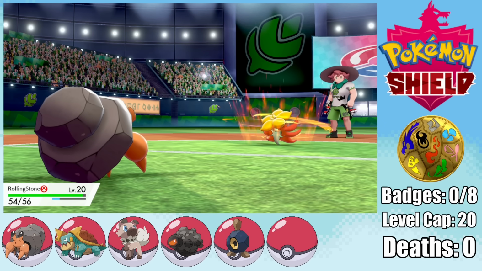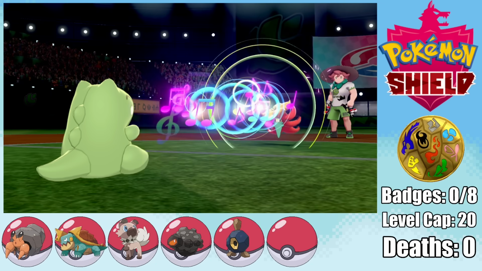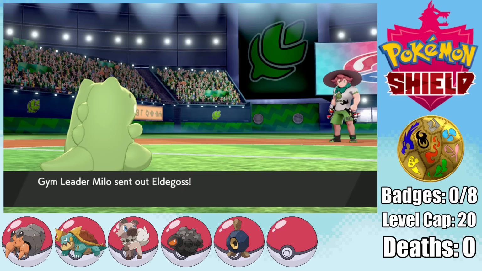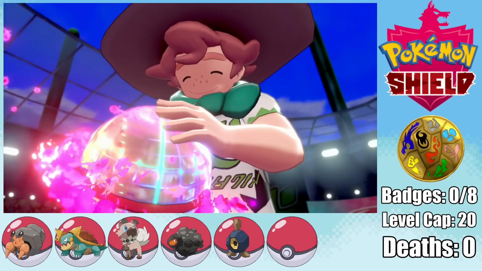Since Rolling Stone is both rock and bug, grass is neutral effective against it, so we can set up both a Swords Dance and a substitute. I'm then completely safe to take out Gossifleur with a single X-Scissor, and now all we have to face is Eldegoss. And one of the biggest problems with a Nuzlocke in Sword and Shield is that Dynamax Pokemon do way